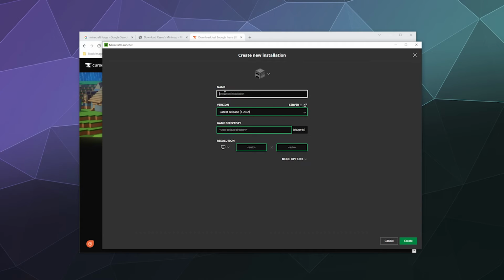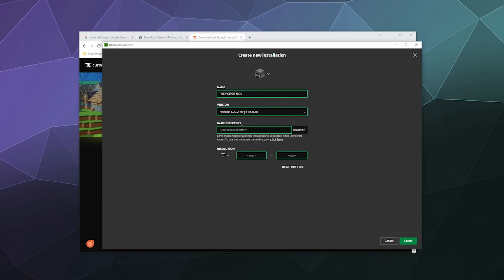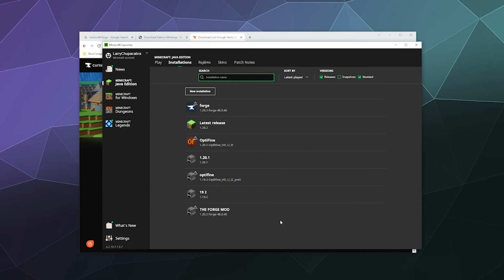So we'll go to new installation, we'll call this the Forge mod, and then we will grab the latest Forge release right here, select it, and then we can either leave it the default directory or we can select one. I'm just going to let it be the default one, and then at the bottom right corner over here, I'm going to click create. And then boom, down here at the bottom is the Forge mod,